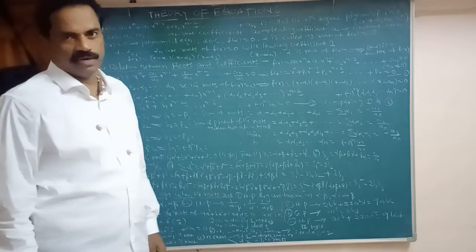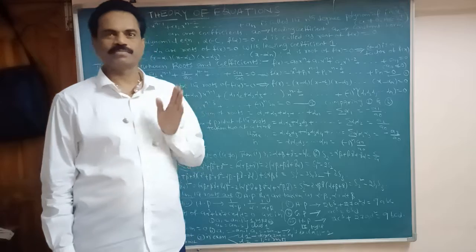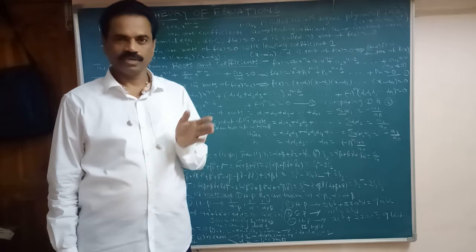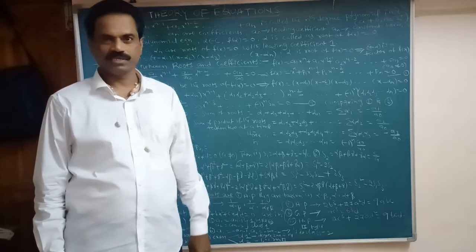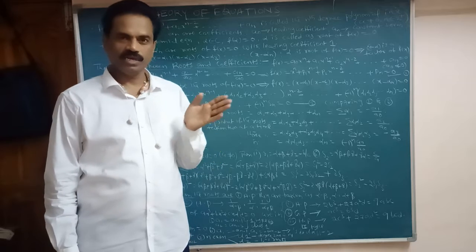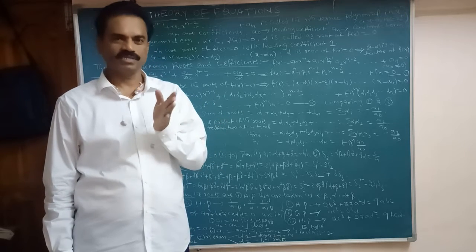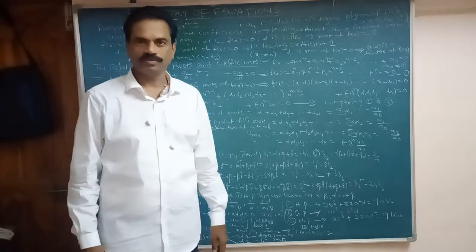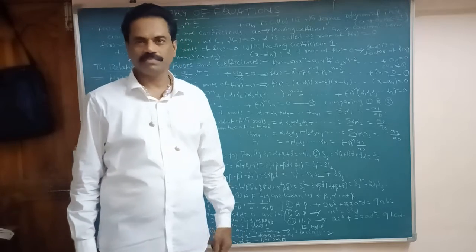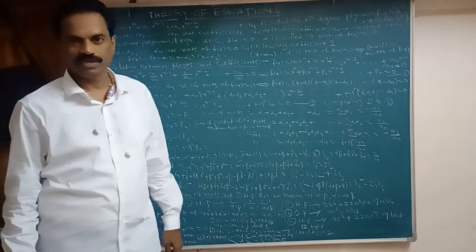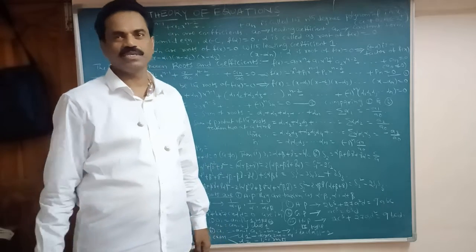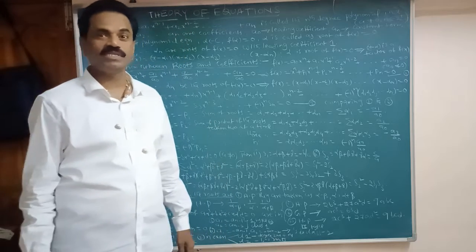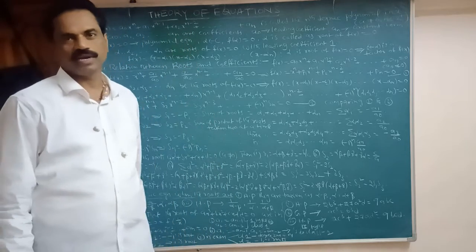Here we know that a linear expression is a1x plus b, a quadratic expression is ax square plus bx plus c, a cubic expression is ax cube plus bx square plus cx plus d, and then biquadratic or degree 4. An equation ax plus b equal 0. Quadratic equation ax square plus bx plus c equal 0. A cubic equation ax cube plus bx square plus cx plus d equal 0. And biquadratic is ax power 4 plus bx cube plus cx square plus dx plus e equal 0. So on to n terms here.